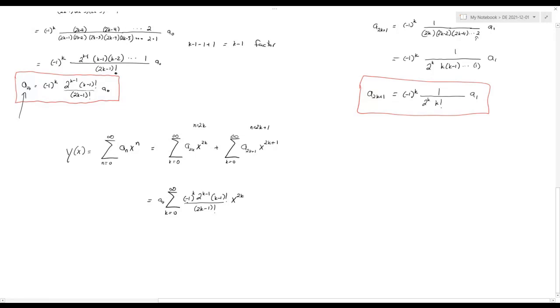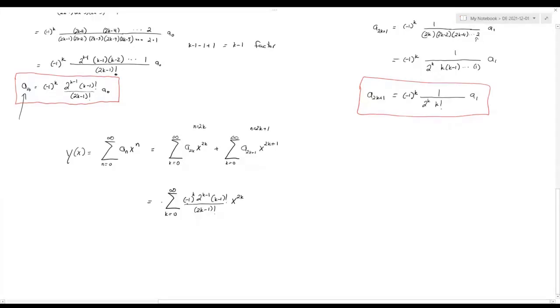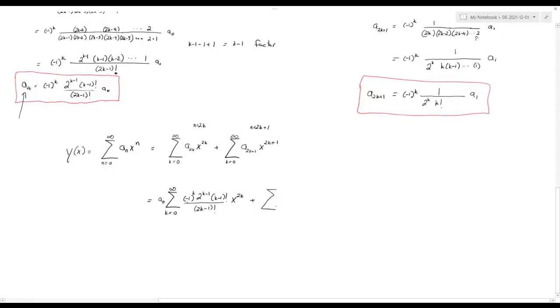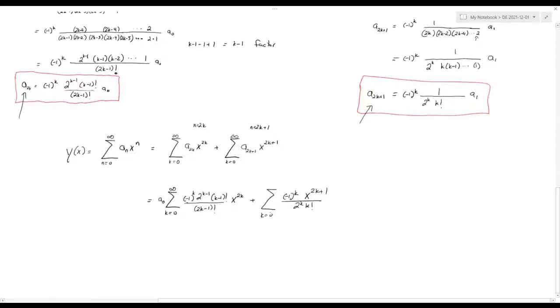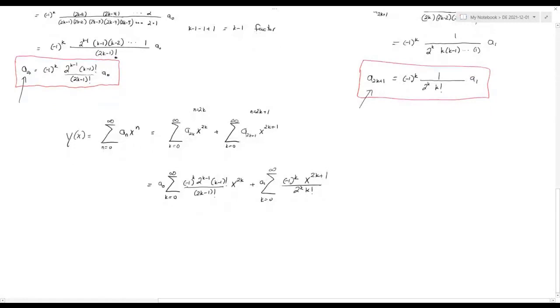Well, I don't recognize that as anything in closed form, so let's leave it like that for now at least. Maybe we can use reduction of order if we can figure out what the other term looks like. So here we have a formula for odd index terms. But now this one, a1 is a common factor, so I'll just pull that out. Now the